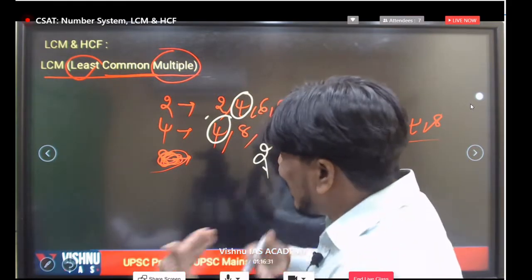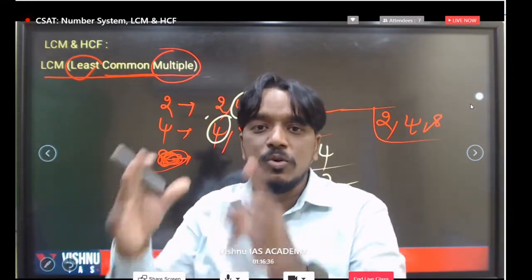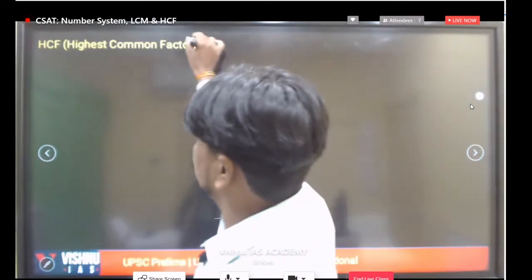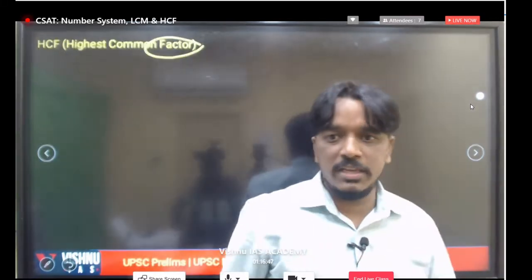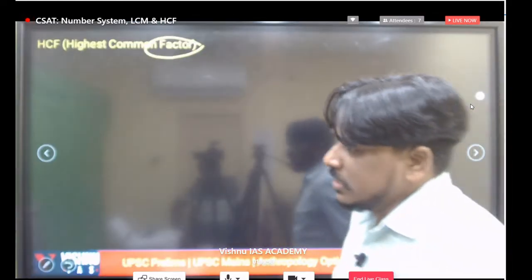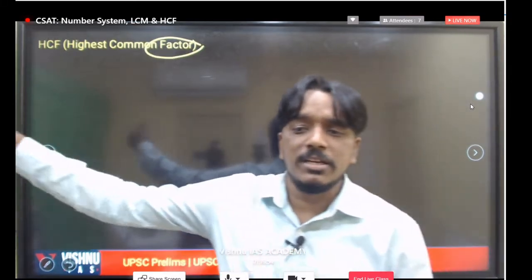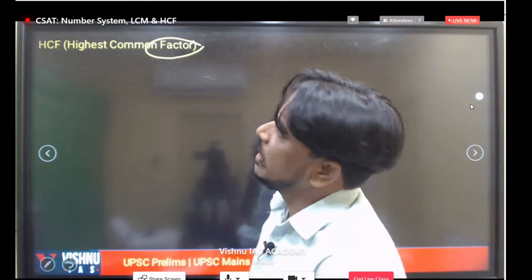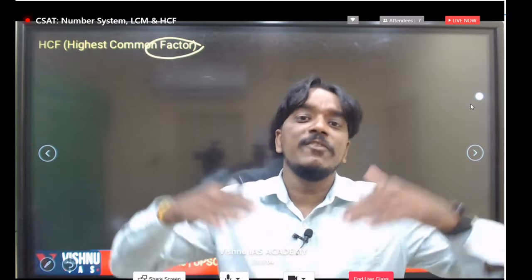Very simple. So like this, for any numbers you have to find out, but no need to go into complete details. So what type of questions are we getting? Let's see. But first, try to understand what a factor is and what a multiple is. And here you have to understand the highest common factor. Similarly for LCM and HCF, we have different kinds of methods. Prime factor methods are there, or division methods are there, or particularly for HCF, you can take the difference method. Every method is there.